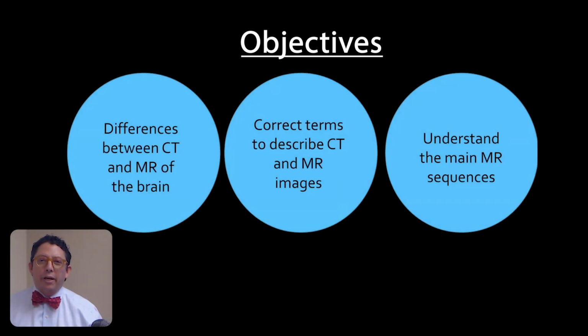What are the objectives of today? The first objective is to know the differences between the main images that we look at as neuroradiologists, which are CTs and MRIs. The second is to know the correct terms that we use when we speak about the different shades of gray in CTs and in MRIs. And finally, we're going to understand what the main sequences are that we see in MRI,